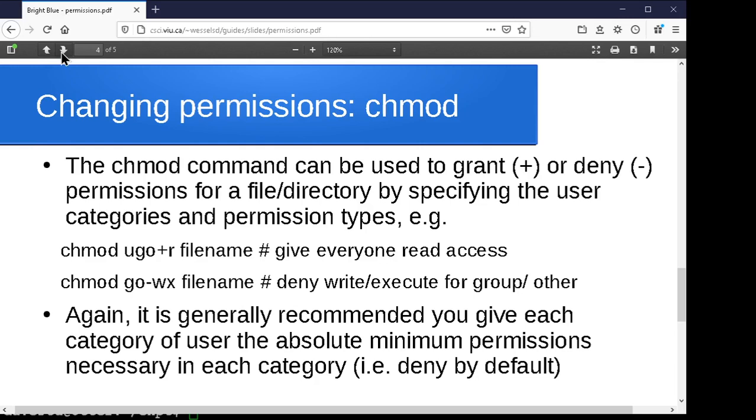So what if we want to change them? chmod is the change or modify the permissions command. So it's chmod, who we want to change permissions for, whether we want to grant or deny permission, and which